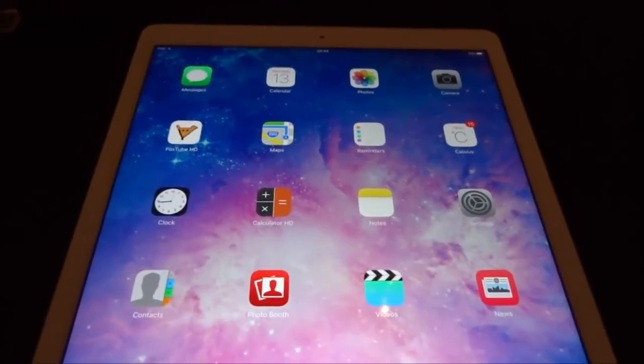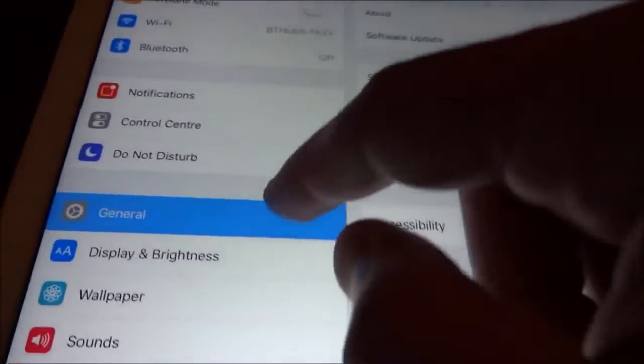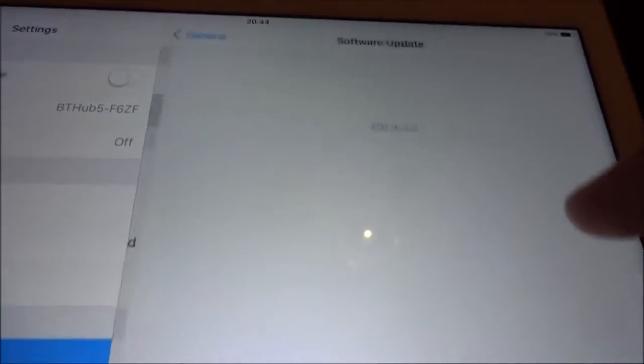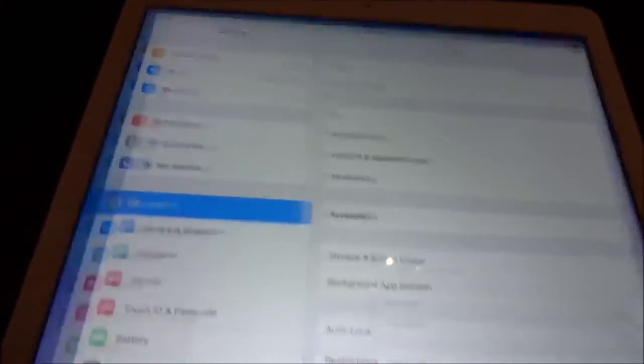In the description is a special download link. I'm going to paste in the link. Just click it via Safari on your device. In fact, before I do that, I'm just going to show you, just to prove to you, general software updates. You can see there, I'm not a developer, there's no update there for me. So, click on my link, hit return, and it'll bring you to this screen.